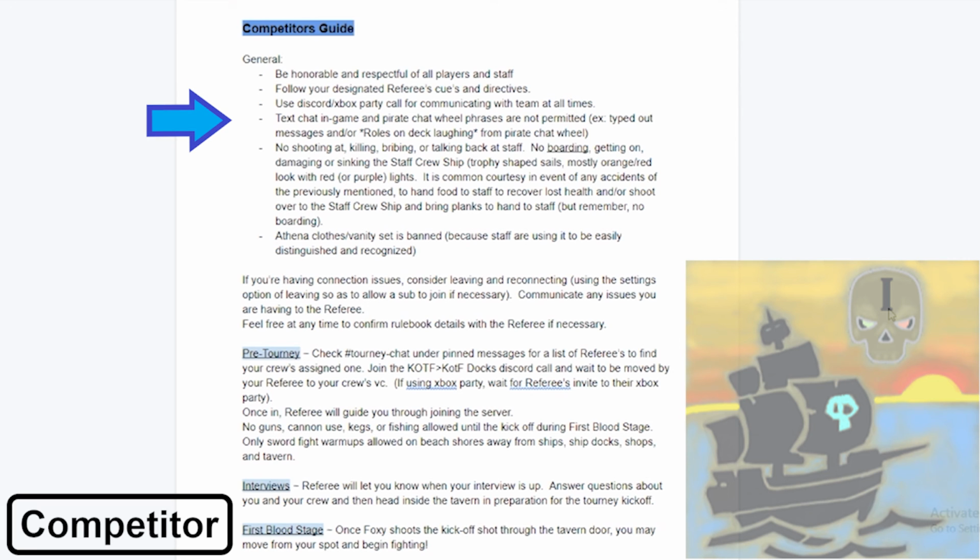Text chat in game and pirate chat wheel phrases are not permitted. Typed out messages and or rolls on deck laughing from the pirate chat wheel are not allowed during the matches or on the event server that we are running. The reason for this is because those can be very triggering or annoying, and it's asking for trouble to not have this banned. And we do have pre-tournament and post-tournament interviews when you're allowed to talk